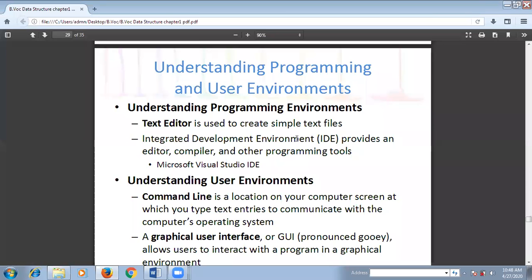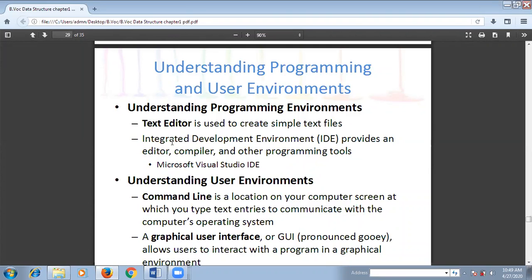This is a tool, or environment, which contains editor as well as compiler, and it also includes other programming tools. That means programmer is able to directly write the code into the editor, compile that code there, view whether it is working fine or not, and get support for other programming tools within the integrated development environment.